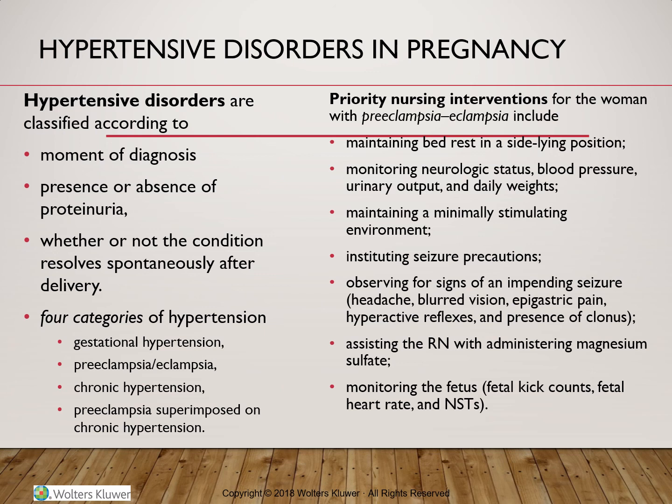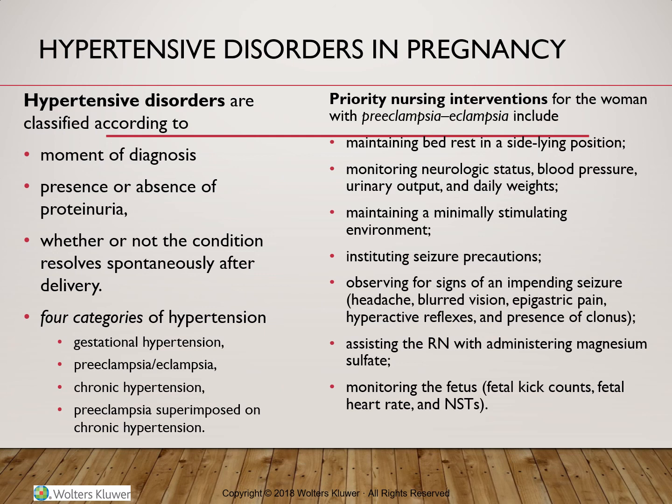Toxicity is observed usually when the magnesium level reaches 9 milligrams, and the first sign of magnesium toxicity will be the disappearance of reflexes. In addition to that, respiratory depression and cardiac arrest can follow. So this is why it's essential to monitor the reflexes and the respiratory rate of a woman receiving magnesium sulfate very frequently. The antidote for magnesium sulfate is calcium gluconate. That's why it's a good idea to have the medication available by the patient bed.